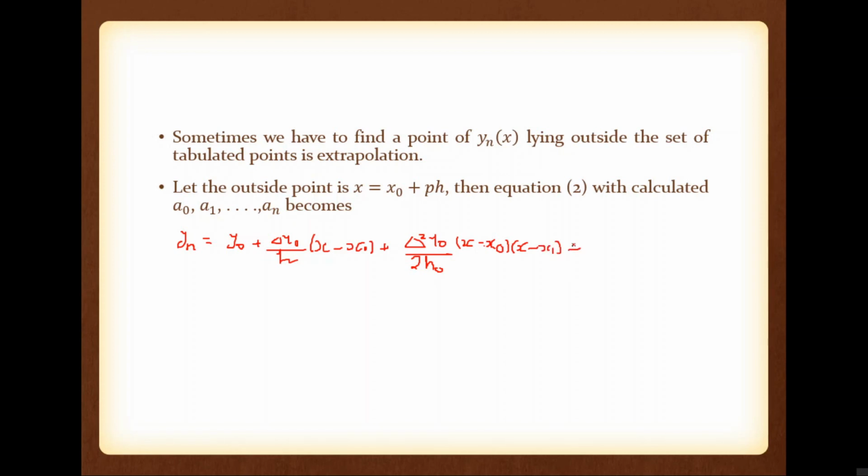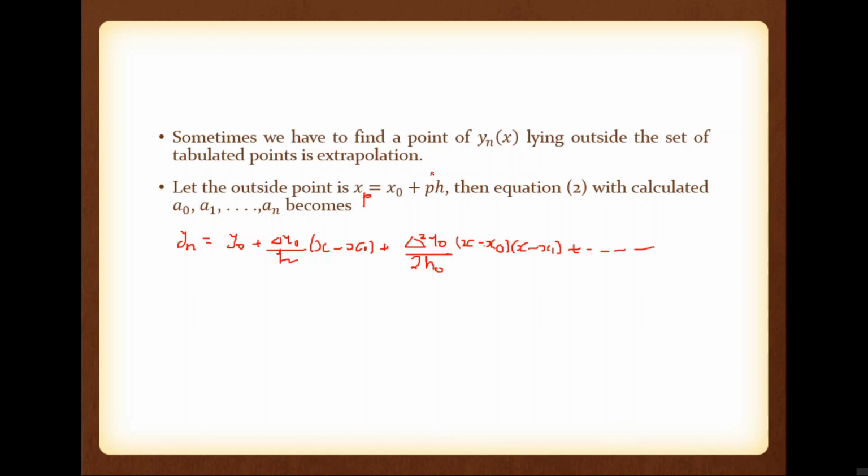Plus, etc. Actually, it is not an infinite series, it is finite. The last term corresponds to an. For the time being, forget about the remaining terms. So this is an nth degree polynomial. Now, if you are substituting, I told you for the time being, xp is equal to x0 plus ph. Assume that this one is a fixed point. Later we can relax this. If it is a variable, then we are going to derive the extrapolation function, that is, we are going to find the new point xp. So we can modify this equation. Later you can see that if we relax this, if x is a variable, we can assume p is a variable.